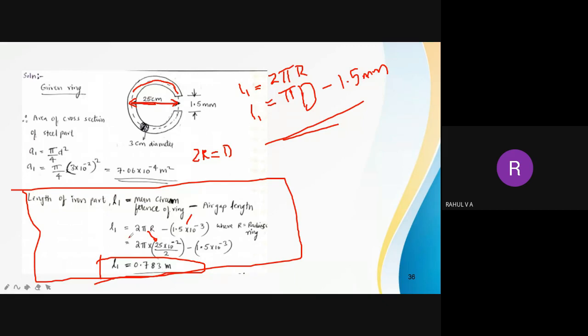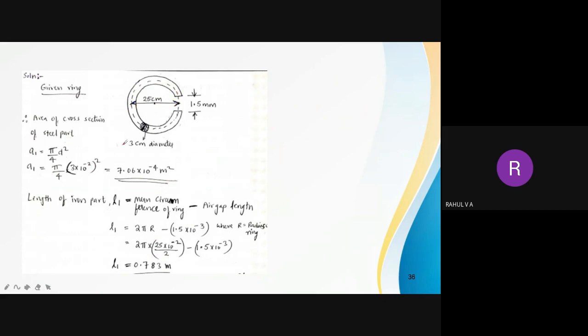Then after that, again the area. For finding the area of this material, we have the diameter here. Diameter is 3 centimeter. When you have a diameter in your hand, what is the equation for finding the area of a circular cross section? That is pi